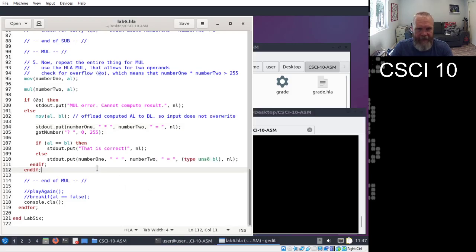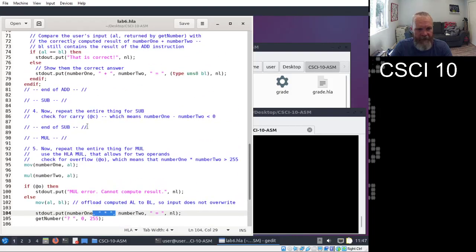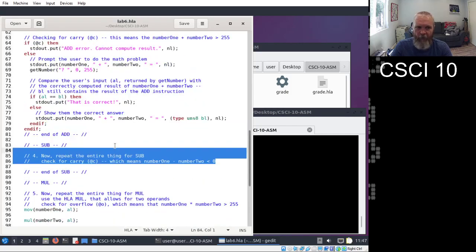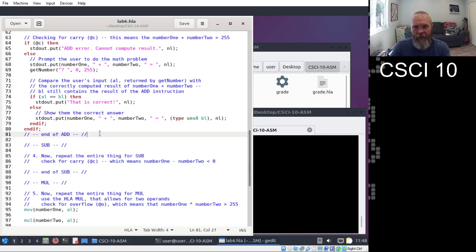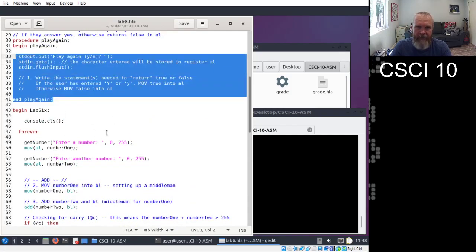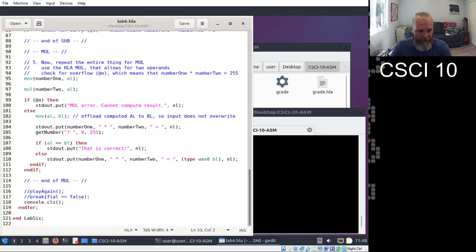Okay, that's the lab stuff. I hope that's enough. That's the complete mole section. And now I fixed the prompt so it has an asterisk and not a plus in it. I did nothing on the subsection, so that's completely undone, but hopefully now you know you need a middleman. You need to pay attention to which registers are being used for what. And you're going to know when you run the program because you're either going to match up results or get the errors you predict or not. I also didn't do the play again function, and I commented out a couple things because I knew that play again doesn't work anyway.